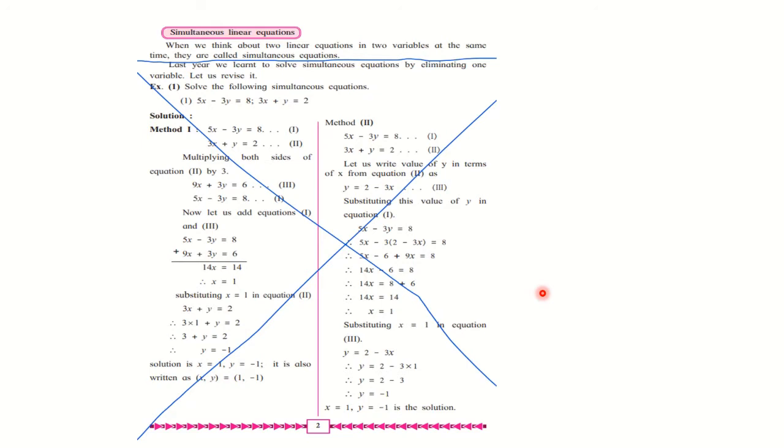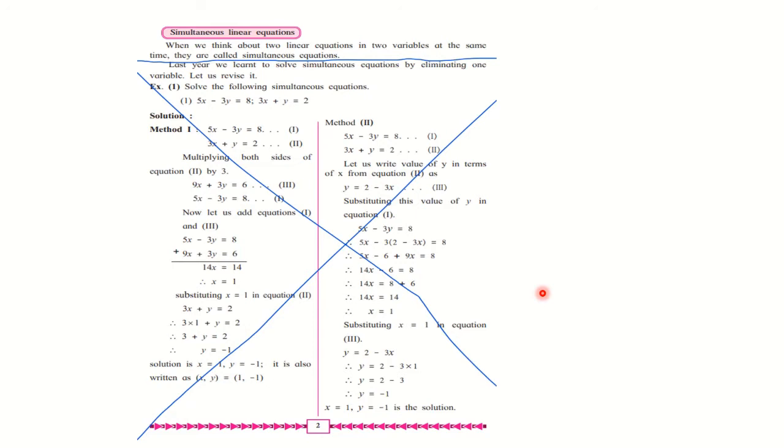In word problems, when you are going to frame the equations, to solve them you need these two methods because these two methods are easy as compared to graphical method or Cramer's rule. Okay. So these methods you have to study. Only the direct question based on this method will not be asked. Okay. So let us go further.